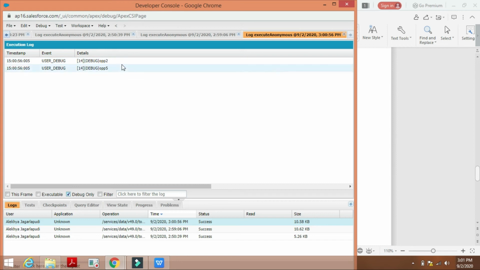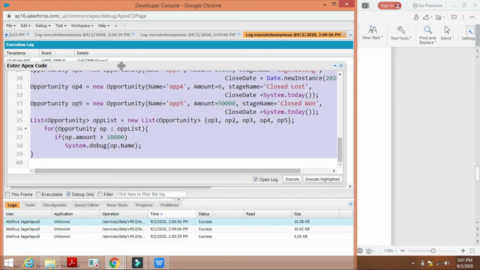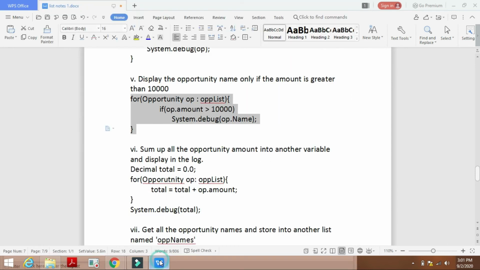See here, only 2 opportunities are displayed because we have put a condition for this. Only for 2 opportunities is the amount greater than 10,000, so that's why only the 2 opportunity names are displayed. Okay,